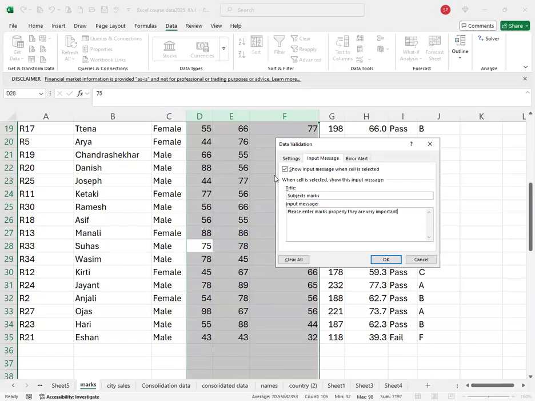Okay, right? Now, even after doing settings and messages, that person may create some errors. So you have to stop that particular person from creating that error. That is validation. Avoid the errors, right? So there are different styles. One is stop, warning, information. The warning and information are lenient styles, which means they will allow wrong data. But stop will not allow wrong data. So I'm going to